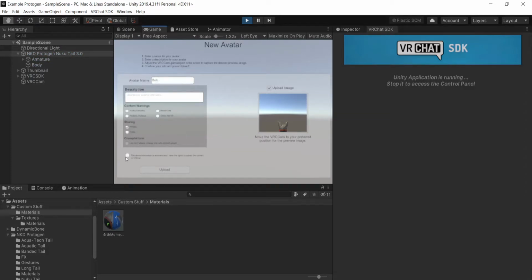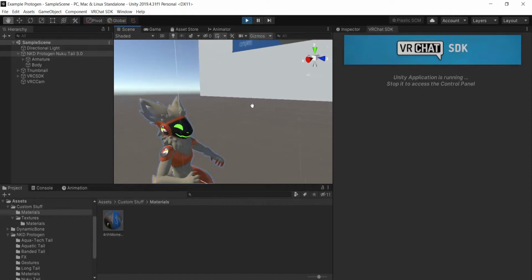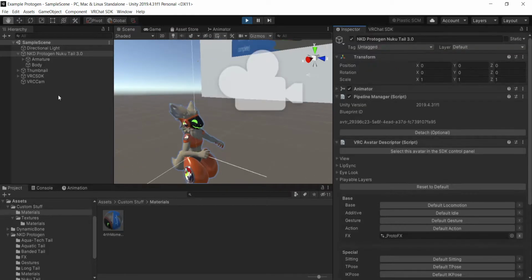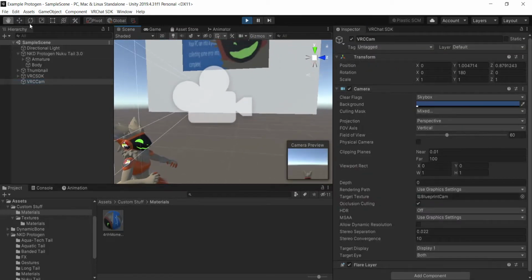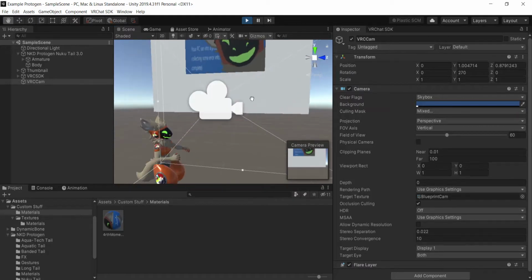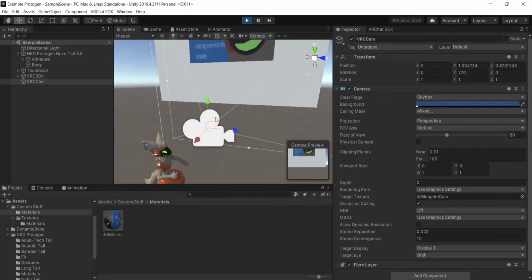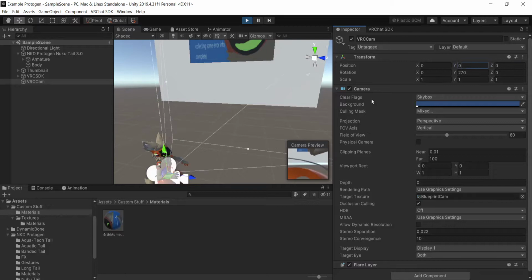Public, private, it's up to you. Just click that, which is the agreement saying that you know what you're doing. By posting this avatar, you are responsible for what happens to your content, etc. Okay, it's just taking a while. Let's just do that, and then